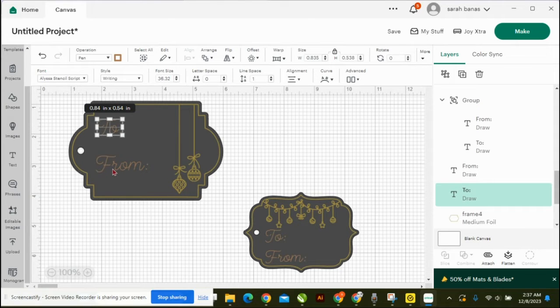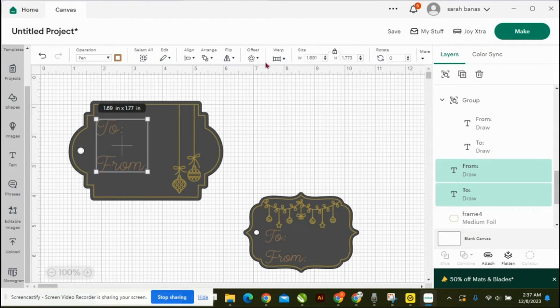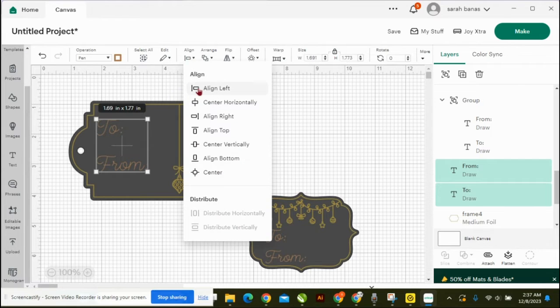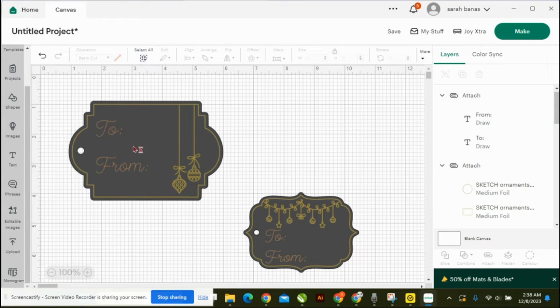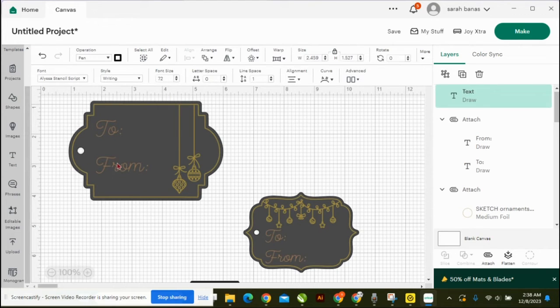So I'm going to select both of these again using selecting the first and then shift and selecting the second. And then, let's see here. I think that's good. Okay, so now I'm going to attach these. Now let's put the names in, because I want the foil, we're going to do this on black, and I could then go back with an opaque pen and write in the names so that you can see it on the black. But I think I want to have the foil quill just write the names also. So let's select another writing font